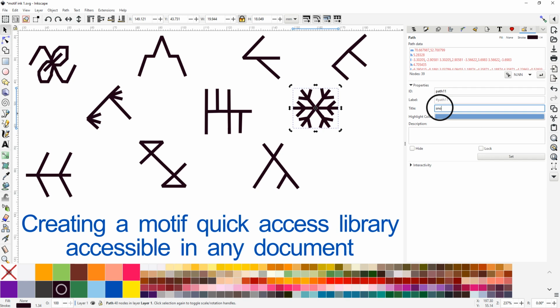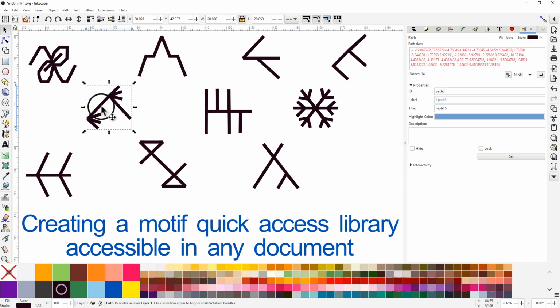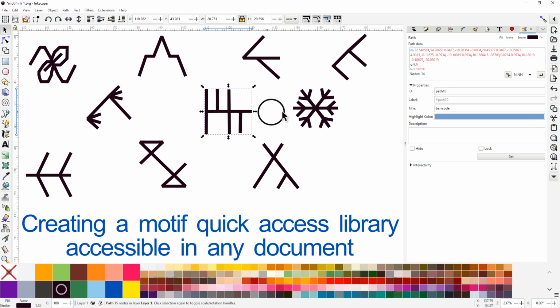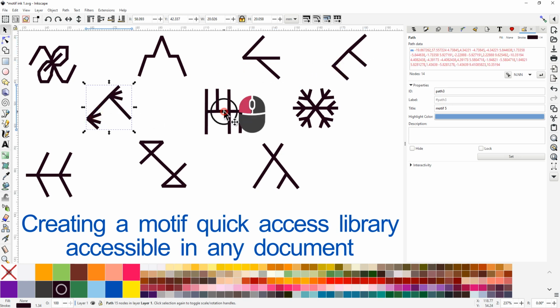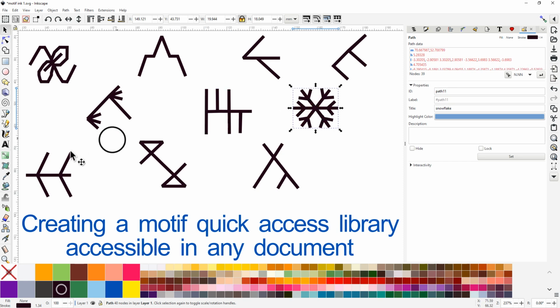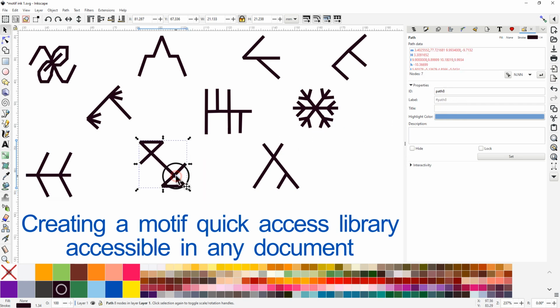That was snowflake, and we go set. This one is good, so just check 1 2 3 4 5, and barcode, snowflake, okay, that has got a number, and motif 11, and go set,